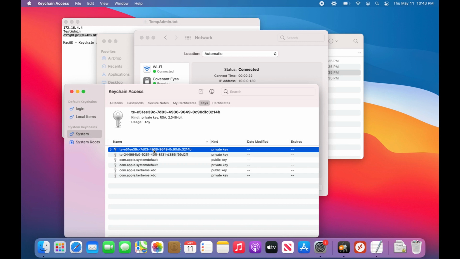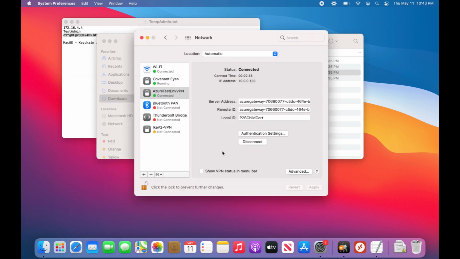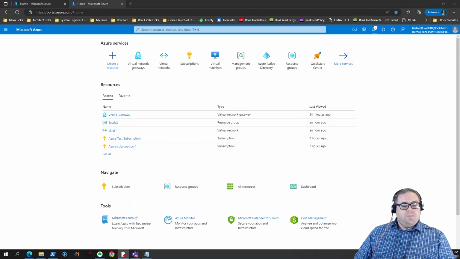So I did all of this on macOS using a non-admin user, with the exception of when those things popped up and I had to enter in the admin password. So I'm a non-admin user right now, and I can use that VPN to gain access to my Azure VNet. All right, let's hop back over to our PC here. Now that we have demonstrated on a Windows machine and on a macOS machine,